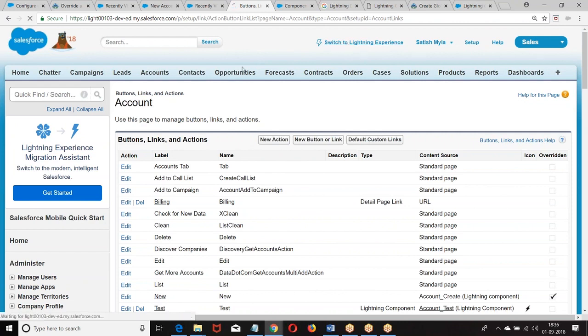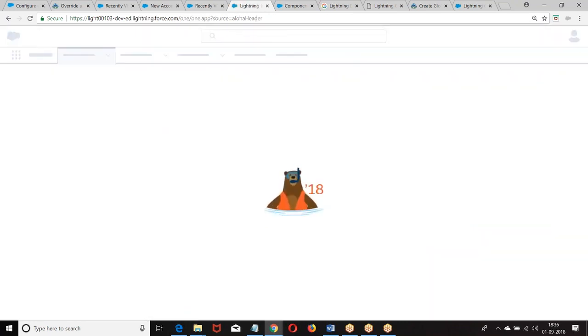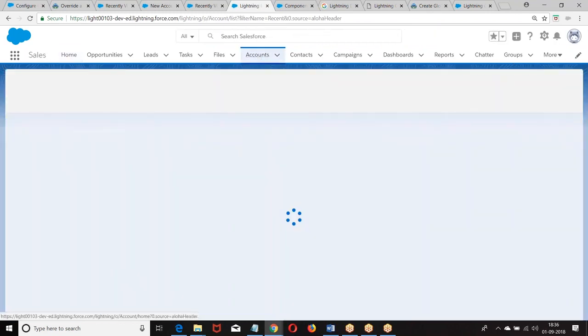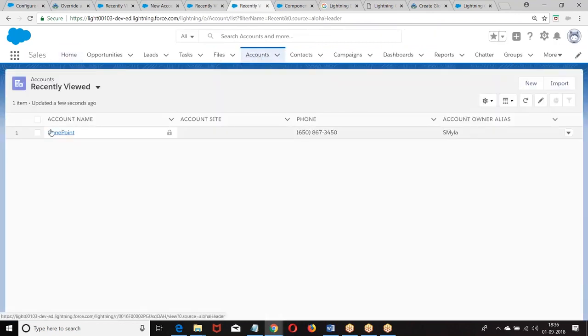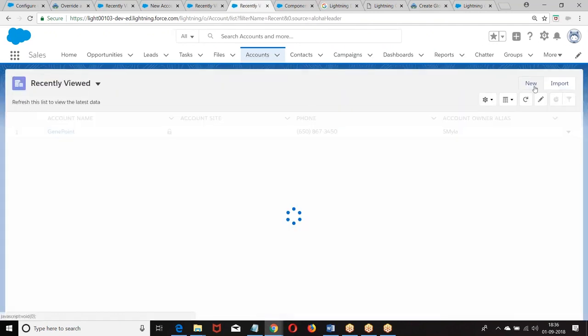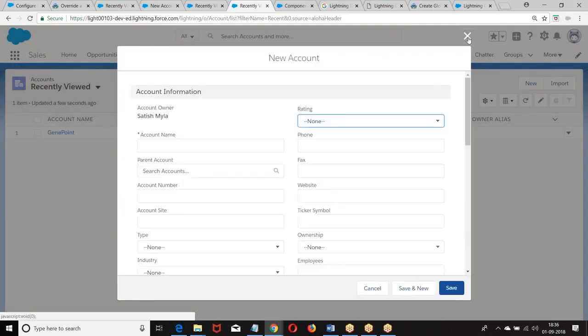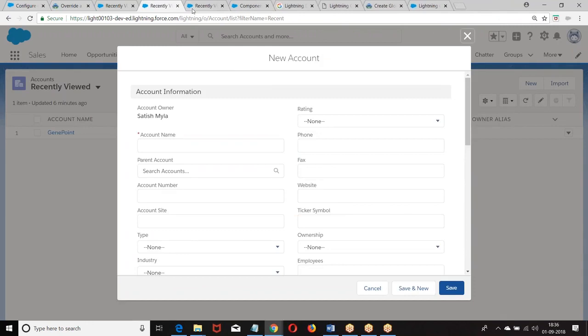Go to the lightning. Click on new. The standard functionality is not replaced. What did I modify?